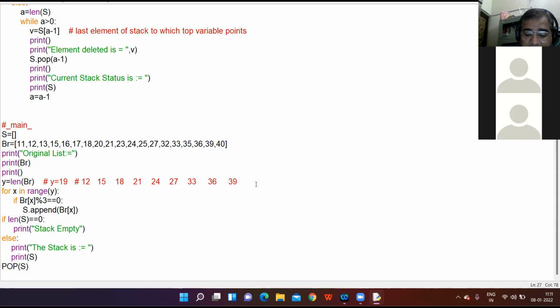So what came in V? 39. Element deleted is 39 because top is pointing to this. The element which is inserted at the end is the element to which your top variable points. Because this was inserted last, it is at the top, so this will be removed first.